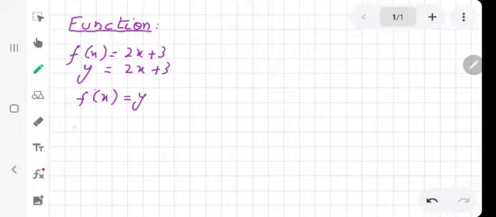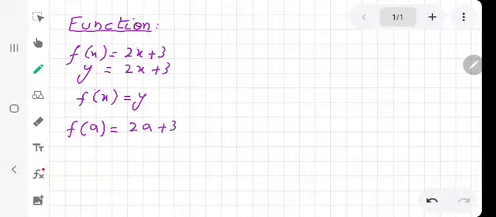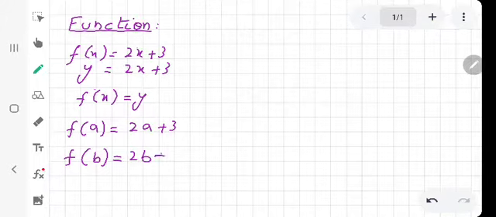But if I am writing the equation with f of x, and I replace x with a, this will become function of a. Now it will be 2a plus 3. If I replace it with b, it will become the function of b, and the equation will become 2b plus 3. Okay, now taking the same equation,